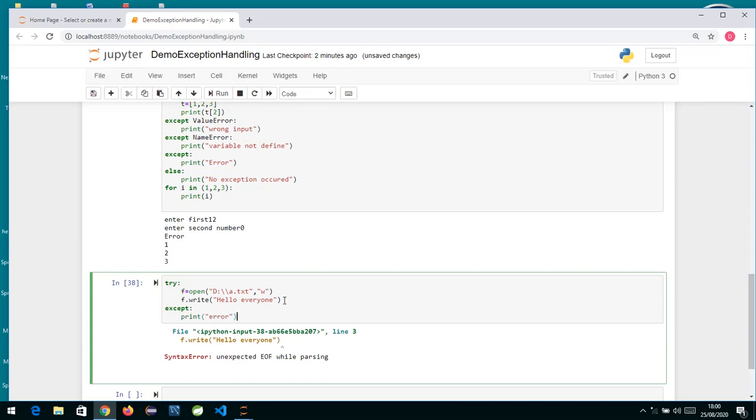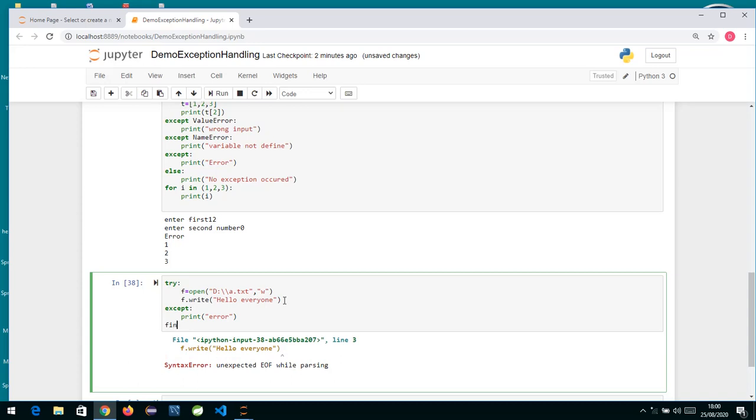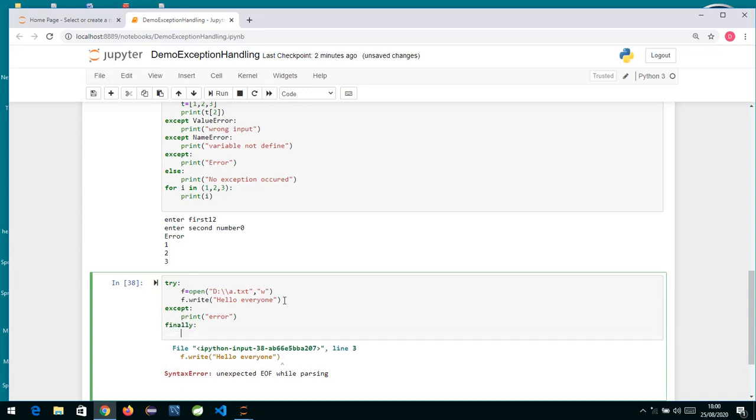And now what we are going to do over here is, in the finally block, the file which we have opened, we are going to close it. So f.close over here, that's the use of finally. Finally is basically used for the resources which we have opened; we need to close the resources. So that thing we do in the finally block.